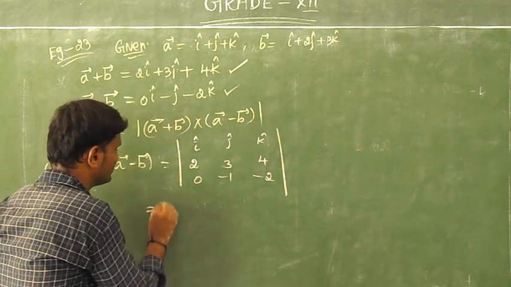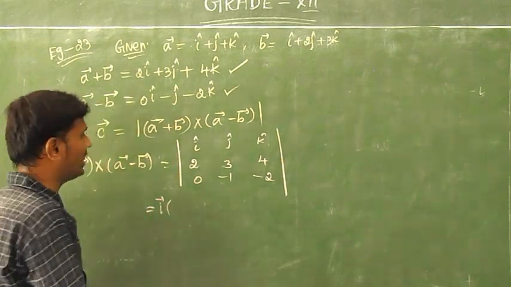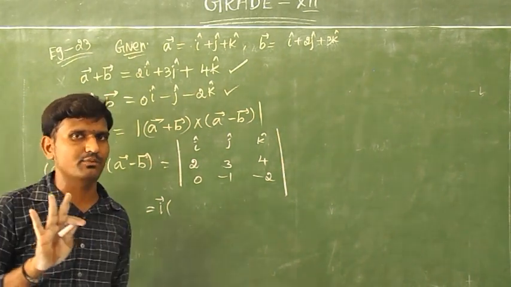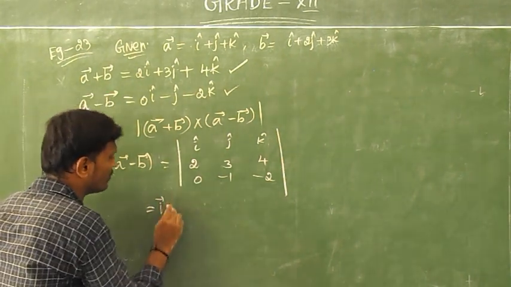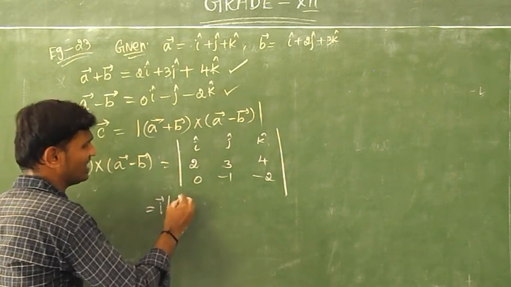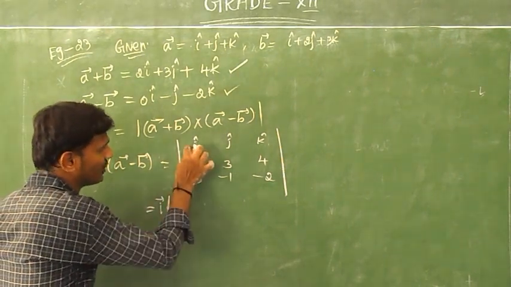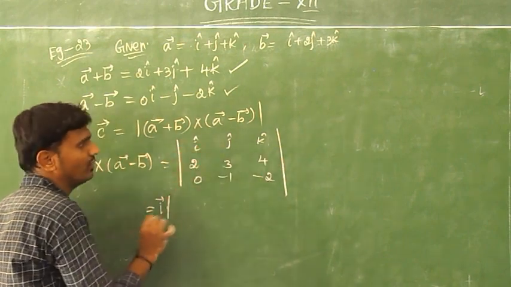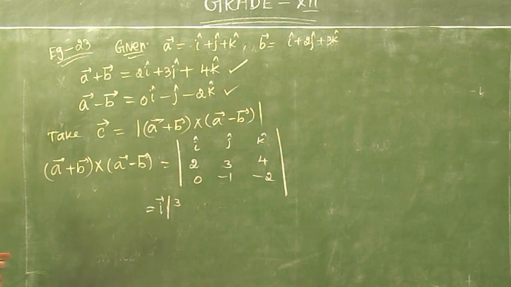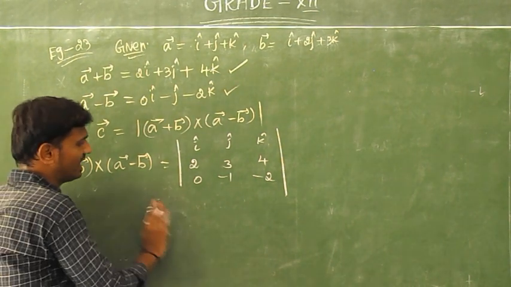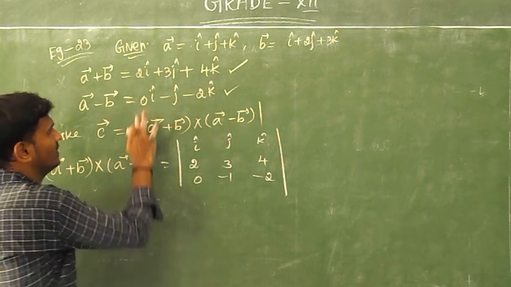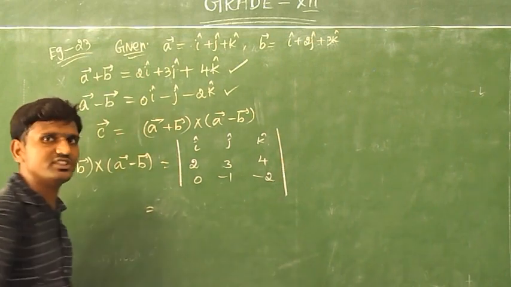How to do? See, i vector into. Okay, if you want to take a minor matrix, write 2 by 2, or otherwise write the single step, whatever you are wishing. Okay, I give you first single step or one more step. For that i vector you have to cancel that row and that column. So what is the remaining? 3, 4. So that type of problem. Step by step problem.